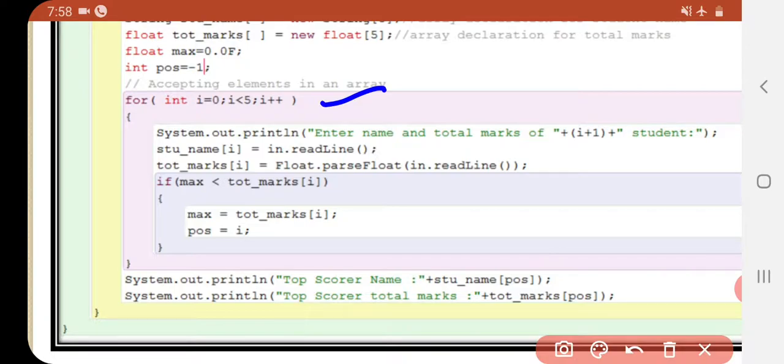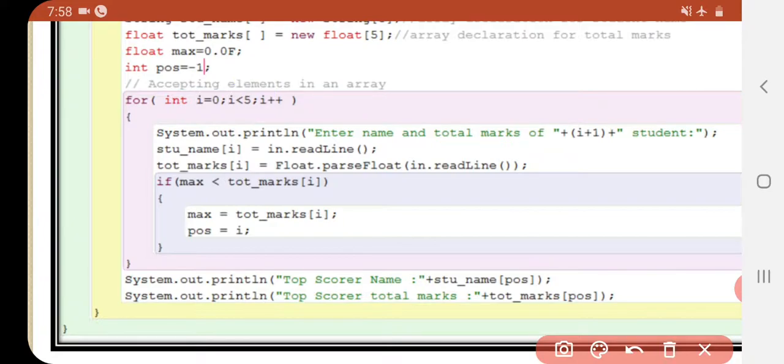Otherwise, in different lines, we would have to write enter your name, enter your total marks. So basically, if we are having 25 students, we write 0 to 25 here. If we are having a size, then we write the size here.